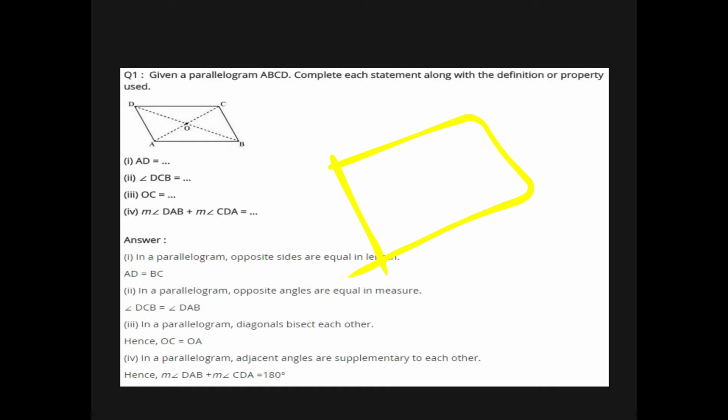Now the next thing we have to see: two adjacent angles of a parallelogram are supplementary, or we can say when we add two adjacent angles of a parallelogram, they give us 180 degrees. What are adjacent angles? The two angles which lie on the same side. Suppose I have taken this angle and this side, this one is A and this one is B. You can see angle A and angle B both lie on the side AB. So these two are adjacent angles.